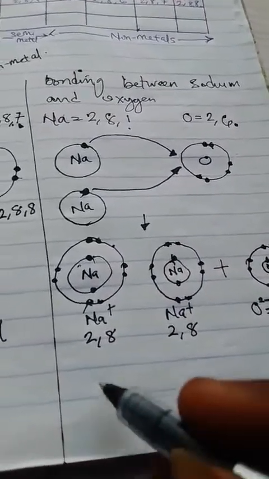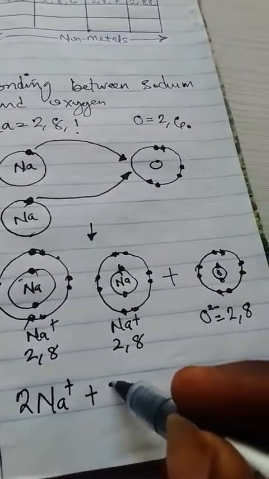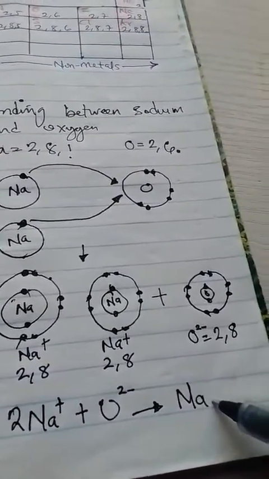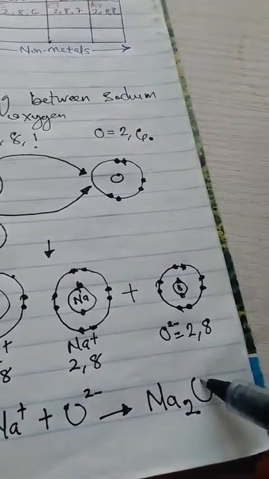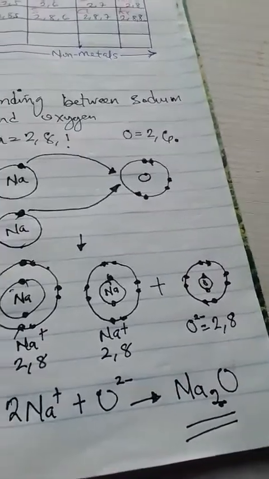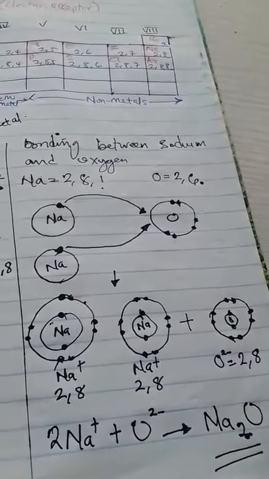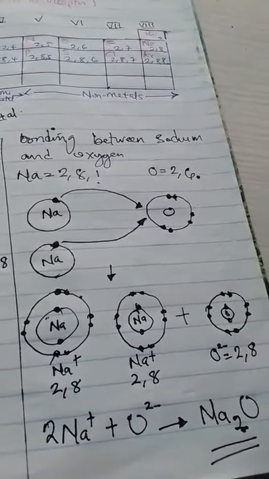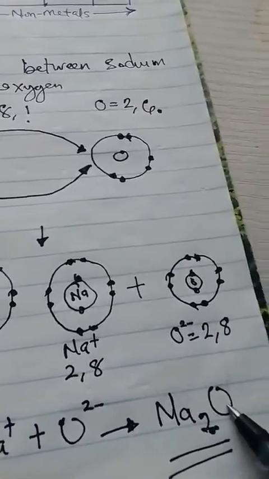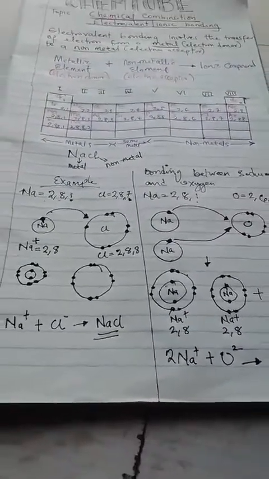And then the formula becomes, because we use 2 atoms of sodium plus oxygen, O2 minus, we are going to have Na2O. So this 2 reflects the number of sodium atoms that was used. That becomes the formula. Assuming we use 3 sodium, for example, between let's say sodium and nitrogen, so we need to use 3 sodium. Assuming 3 sodium was used, now it becomes Na3N. Do you understand? So that is how ionic bonding is formed.